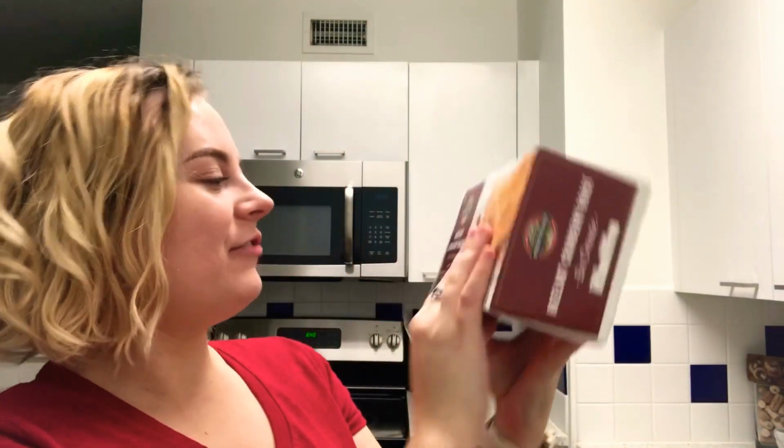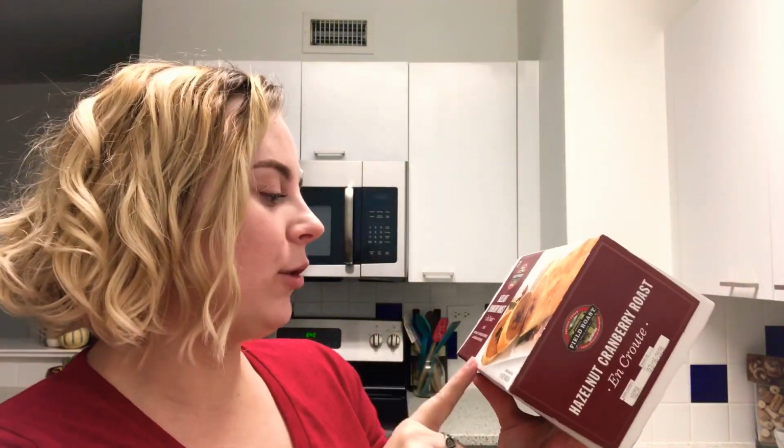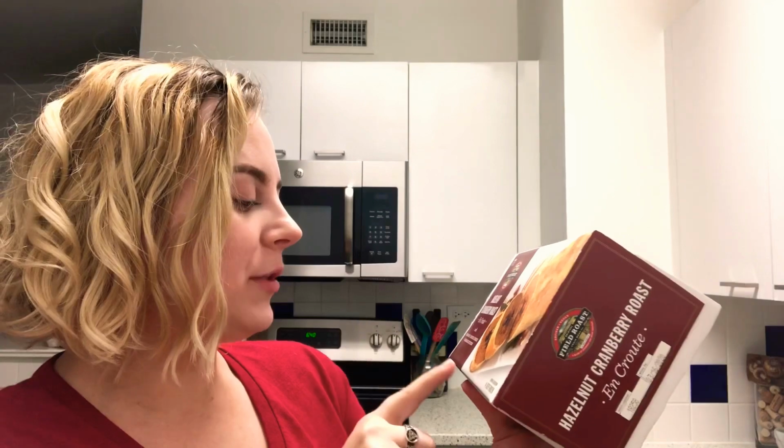I got the Field Roast hazelnut cranberry roast en croûte with rosemary, candied ginger, and sausage stuffing. They had so many options there for vegan roast. They have the Field Roast Celebration Roast, which is like $10.99. It's the little tiny, practically one-person serving. They had other